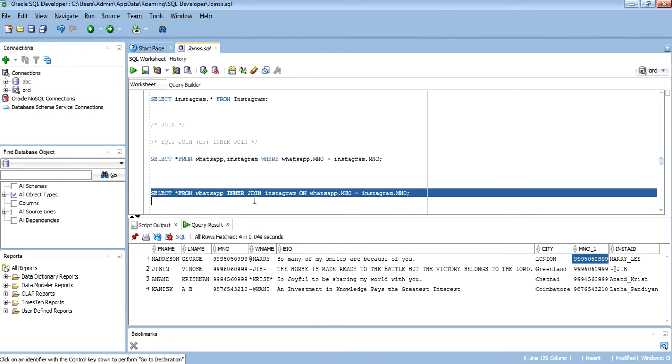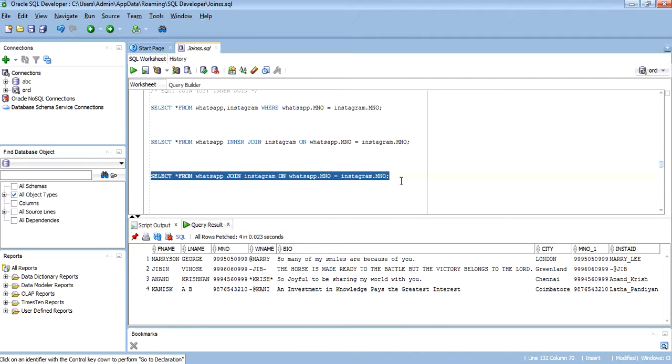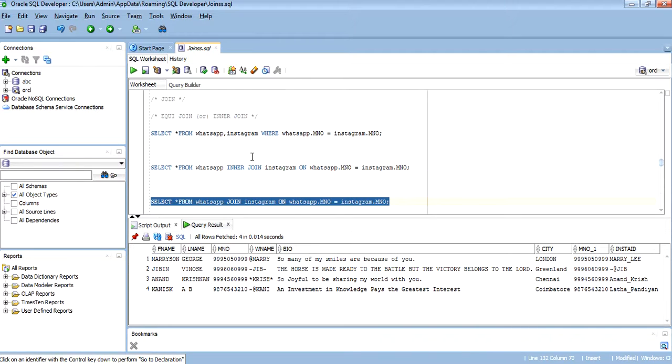We can use different implementations. The output is the same. Then we can also use join. The result is the same but the implementation is different. Here I was using the where clause, and here I am using inner join. If I am using inner join or simply join, I have to use the on command.